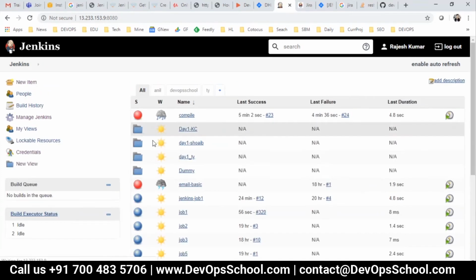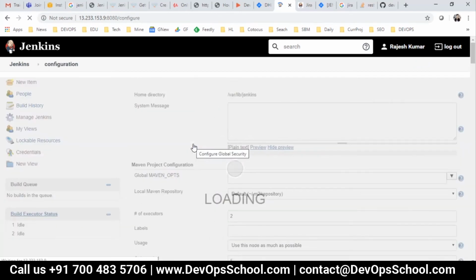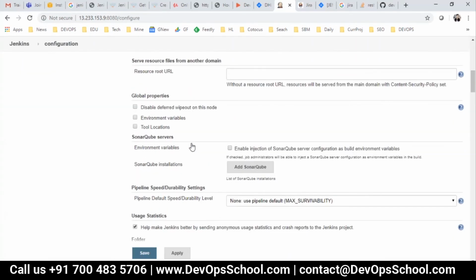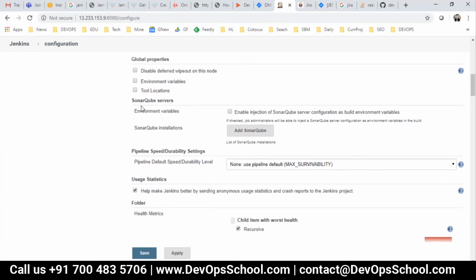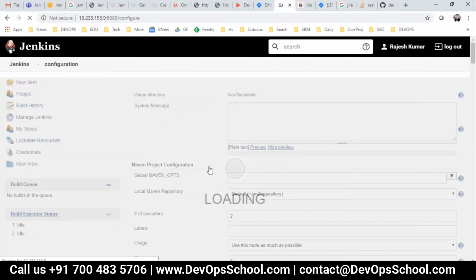Done. Jenkins, my Jenkins, configure. Now, the moment you install SonarQube, you will get a scanner. Sorry, not here. You get it in the global tool configuration. So first thing, install it, configure it. So let me configure SonarQube.